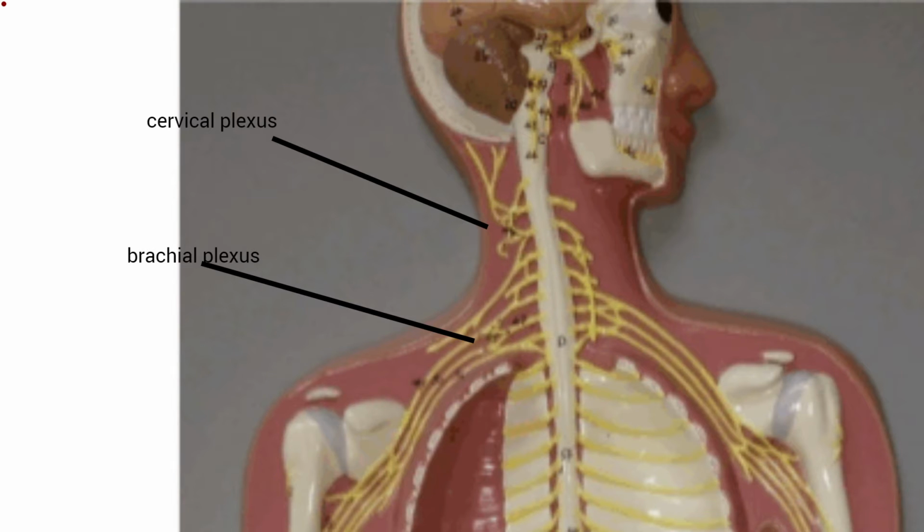There's a nerve that comes off the cervical plexus that travels down, and they're not showing it on this side, they're showing it on this side, but it's on both sides. This nerve is going to run all the way down to the diaphragm, and it's going to happen on both sides. Okay, that nerve is called the phrenic nerve. That nerve is super important because it innervates the diaphragm, and you need the activity of the diaphragm in order